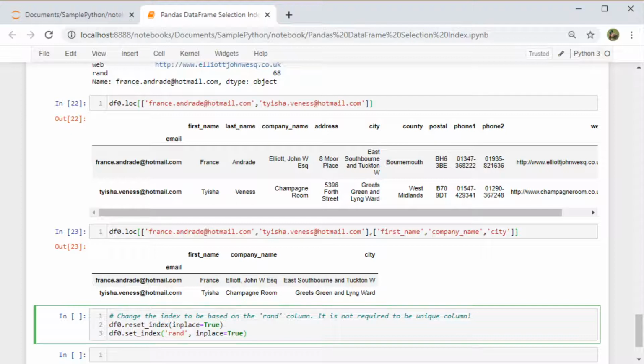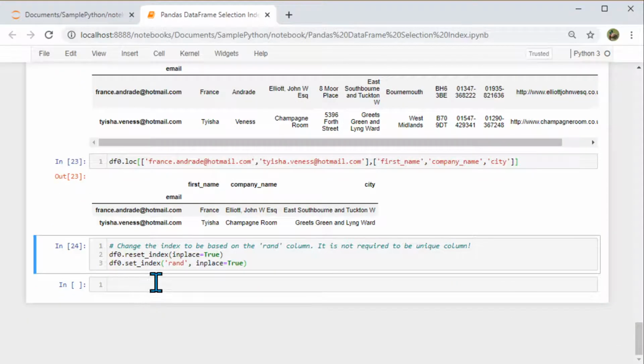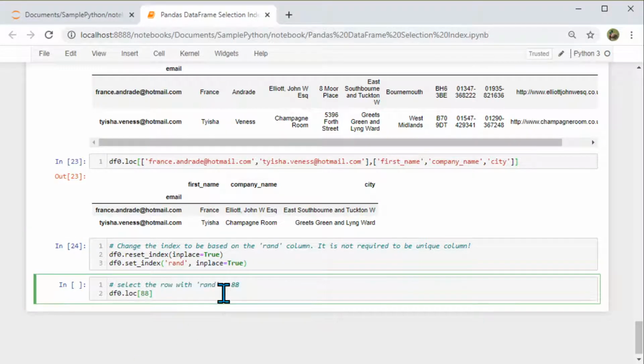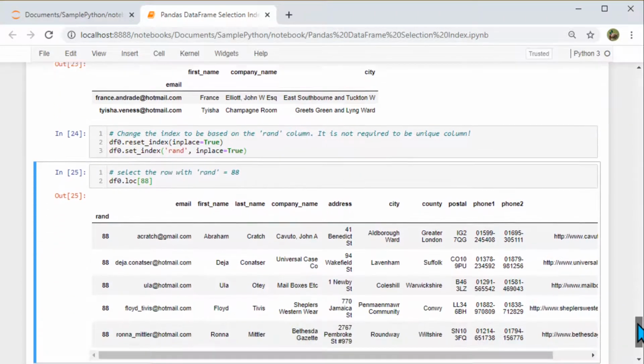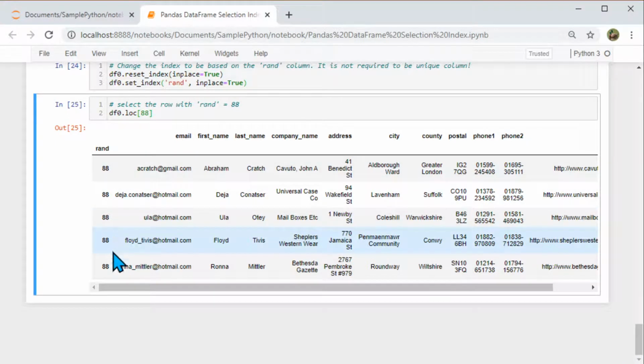Okay, so when I execute this, it's going to create a new index rand. And now if you want to access a particular value of the rand index, I can say loc 88 or any other value, and it's going to display all the records which have 88 as the random number.